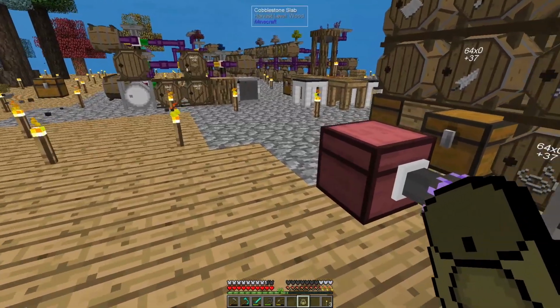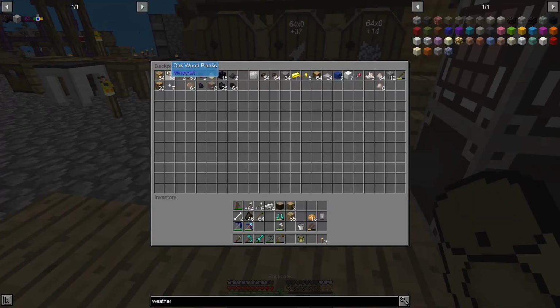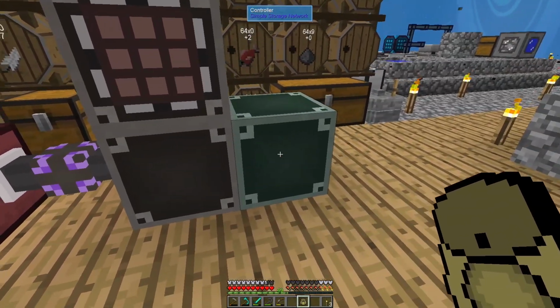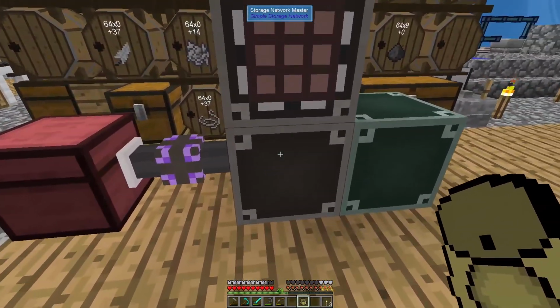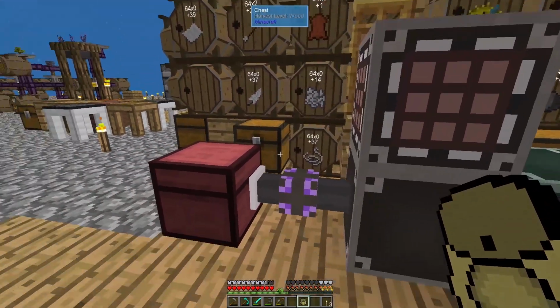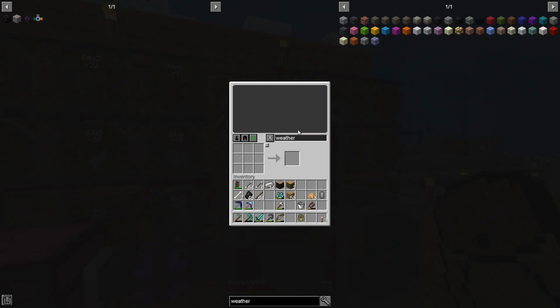At the same time, I've done the same for a chest. So this chest, I've made the biggest chest possible. So 24 by 12 spaces. You can see it has a huge capacity. The cool thing with this is the storage network setup, and you need these three items. You have a master network, you have a controller, and you have a request table. So I can click on this and